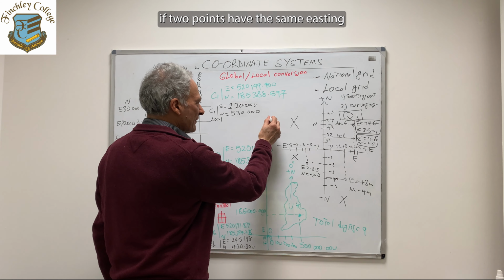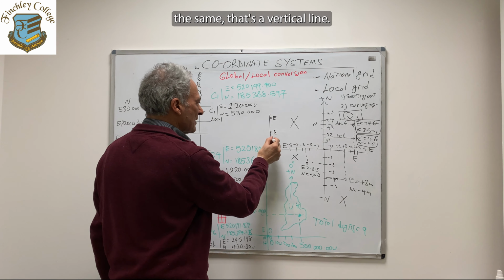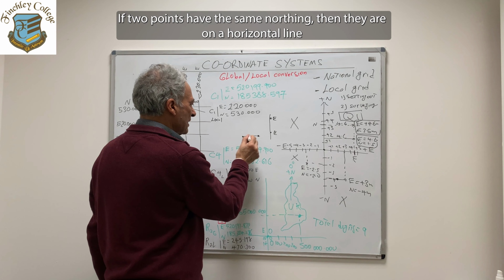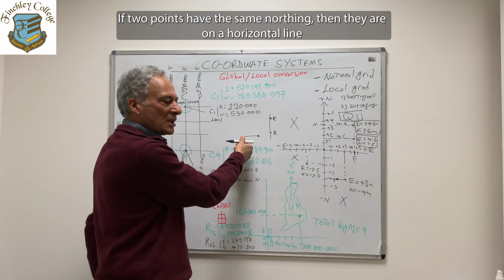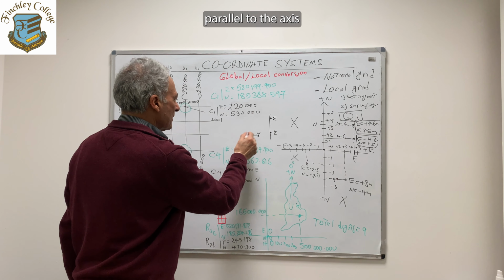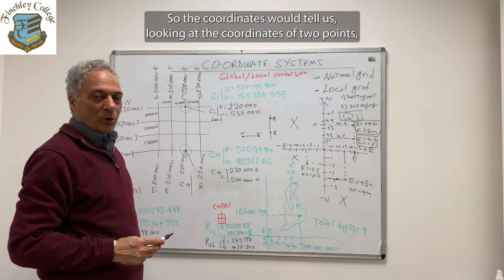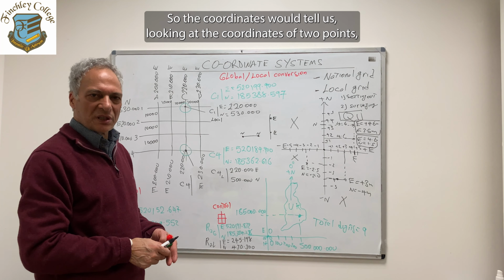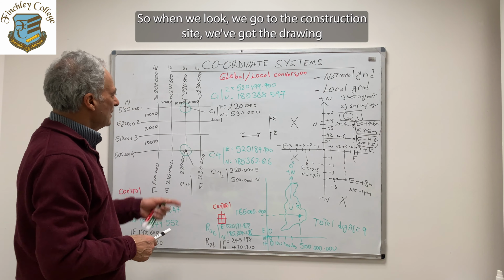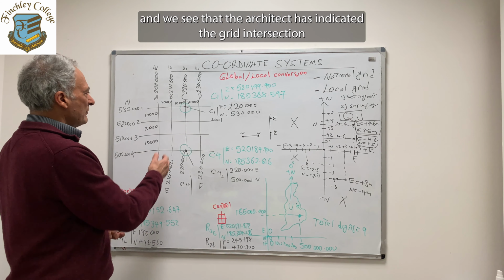If 2 points have the same easting, that's a vertical line. If 2 points have the same northing, then they are a horizontal line parallel to the axis. So the coordinates will tell us, looking at the coordinates of 2 points, we can find a relationship between those 2 points. So when we go to the construction site, we've got a drawing, and we see that the architect